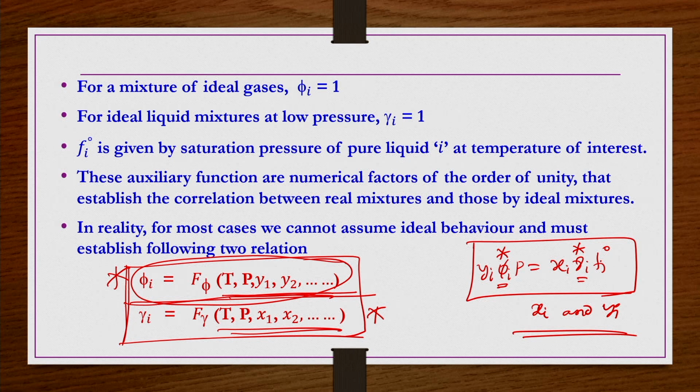Now, as we are already saying, phi is equal to 1 for ideal gases or ideal gas mixtures, when we use PV equals RT and calculate the fugacity coefficient, we will get 1. So, if the mixture is not an ideal mixture, but a real mixture having some non-ideality, then how to get this phi information? That is the aim of this particular lecture, and that information we can get if we know information about